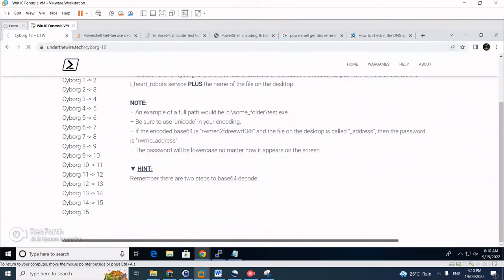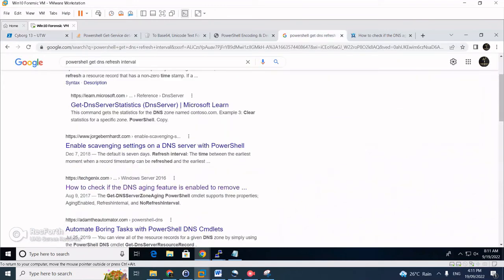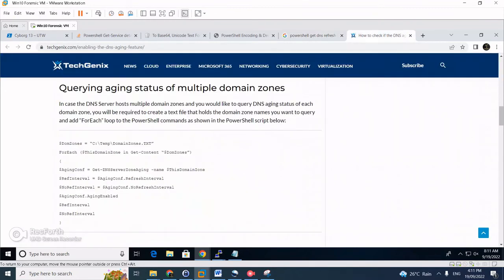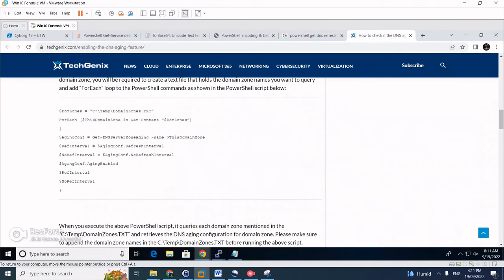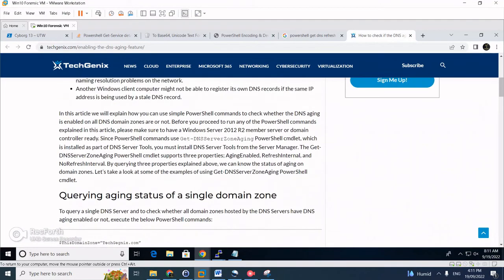So for Cyborg 13, almost there. The password for Cyborg 14 is the number of days the refresh interval is set to for the NS aging for the Underthewire.tech zone, plus the name of the file on the desktop. Okay, so this one we search here. I use this PowerShell, get the NS refresh interval, and I actually found this TechGenix info. So here I used something like,